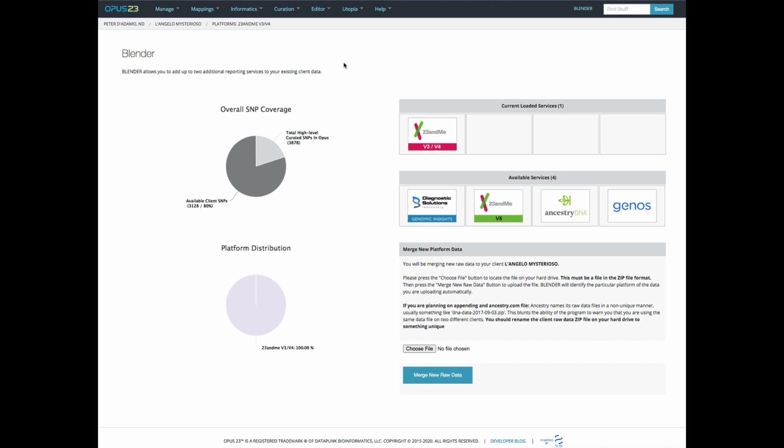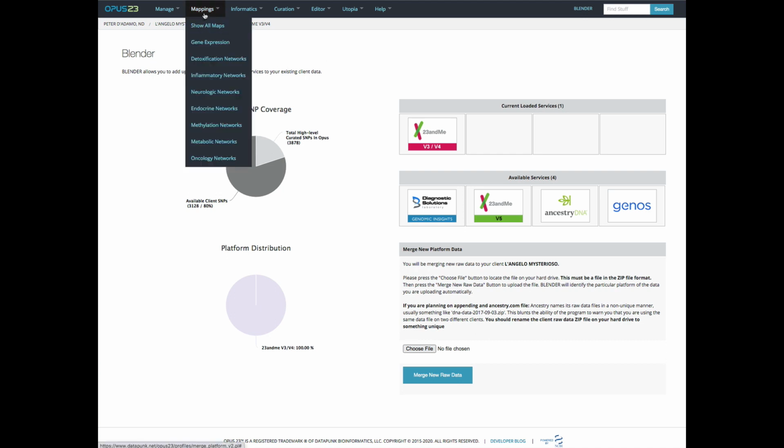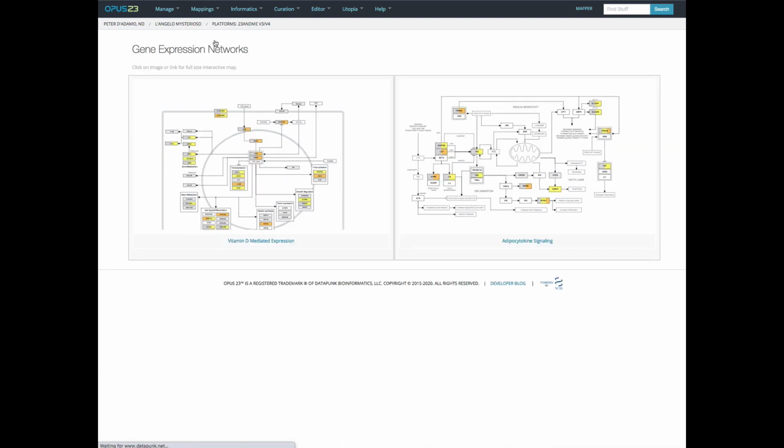And in order to do that, I'm going to go to the first option here with regard to analytics, which is called mappings. And these are pathway maps that are animated with client genomic outcome data. And let's go find a simple example of this. Let's go to the maps that are associated with gene expression. And you can see here we have two maps that have been tagged as being significant with regard to gene expression. And certain parts of these maps are colored, which we'll get to in a second when we click on a specific map to bring that up in the map